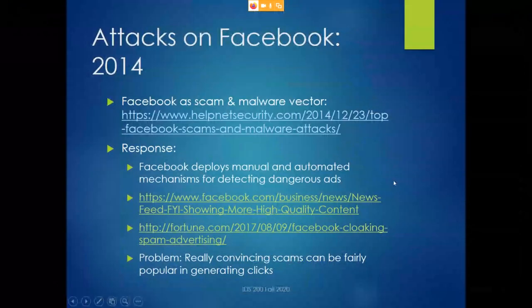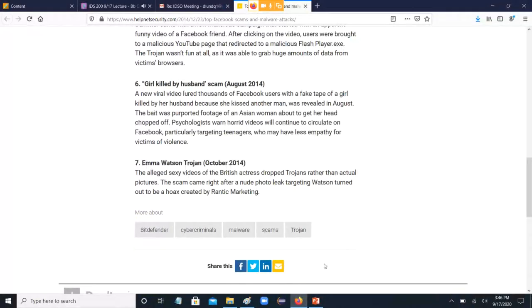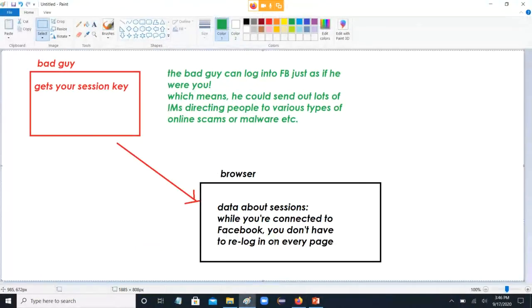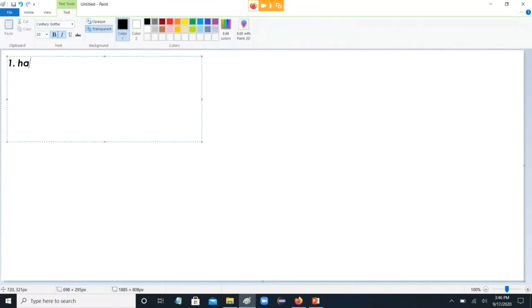But let's get back to the slideshow. What they did, Facebook says, well, okay, yeah, a lot of these things on Facebook that are showing up in people's feeds are in fact directing them to bad pages. So let's put this in Paint. What happens is basically something like this. Step one, hackers hack a web server.